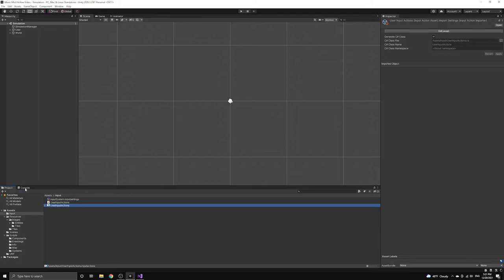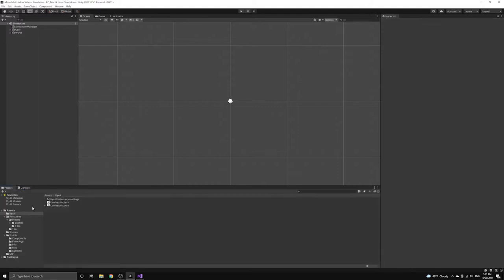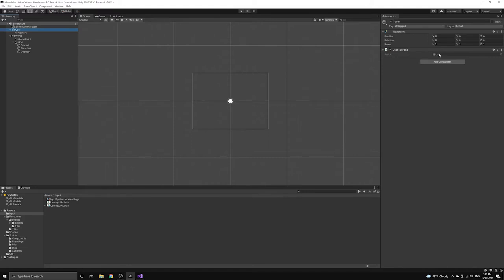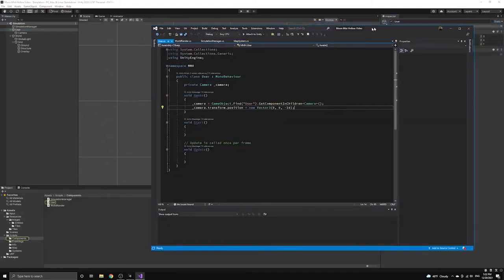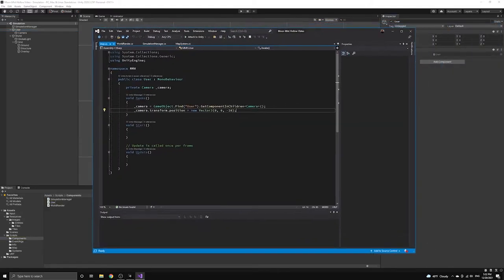Now that we've cleared up that error, our action map is ready to use. Let's open up our user script again, and we can begin connecting these input actions to our camera. The first thing we're going to do is introduce a scriptable object that will store settings related to the rendering